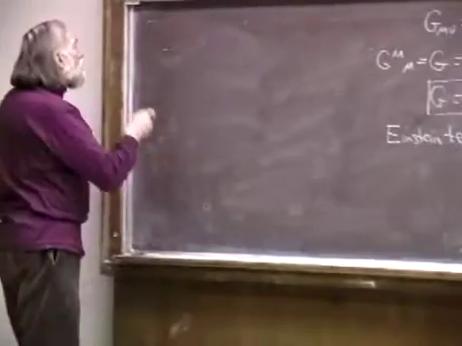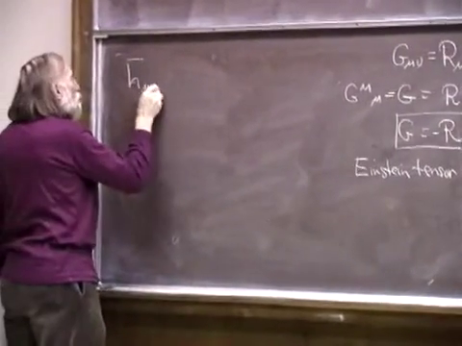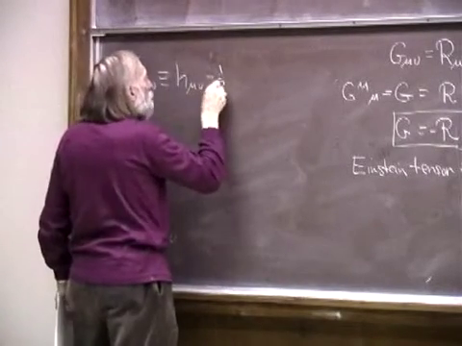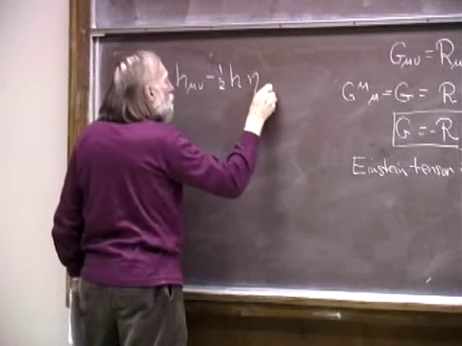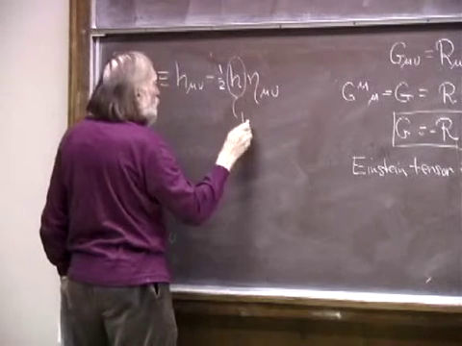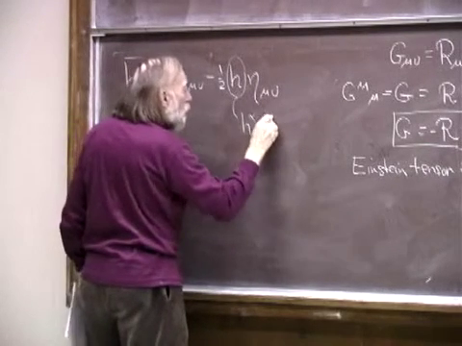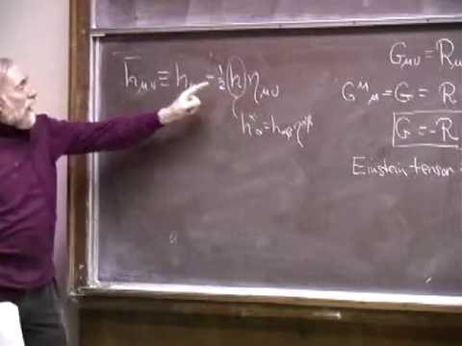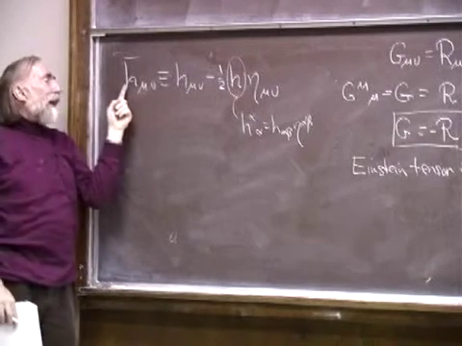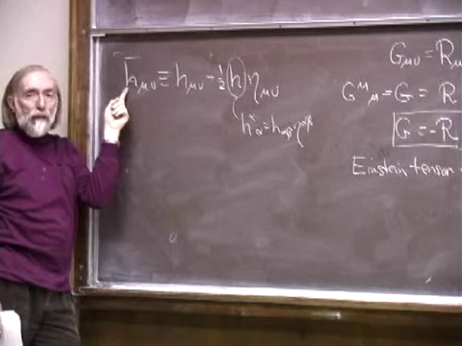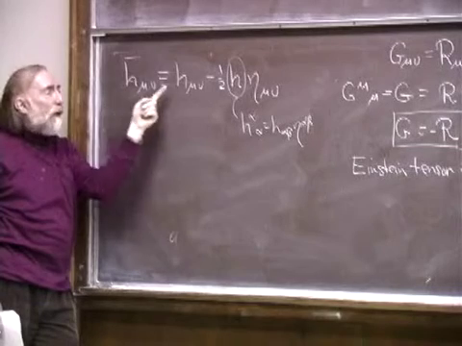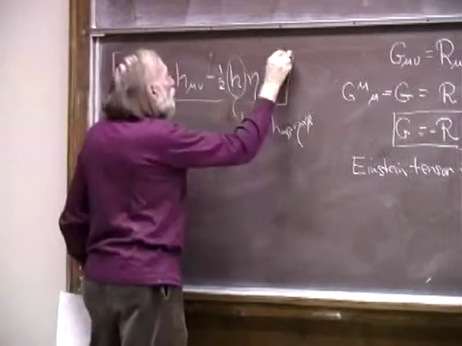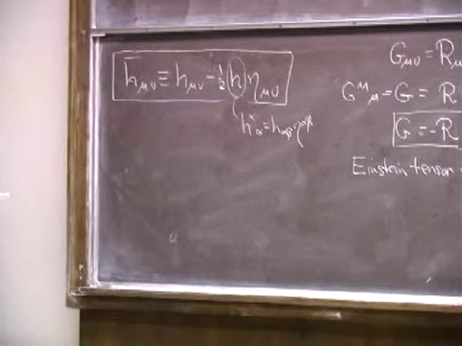Okay. So I'm going to introduce then the trace reversed metric perturbation, which is then the metric perturbation, this guy, minus 1/2 h times eta mu nu, where h is the trace, it's h alpha alpha, or it's h alpha beta, eta alpha beta, where throughout here now I'm doing everything to first order in h, and so I'm pretending mathematically that h is a field that lives in flat space-time. All the mathematics is flat space-time mathematics on the metric perturbation. So I introduced this simply in order, in the end, to make the Einstein tensor and the mathematics I'm dealing